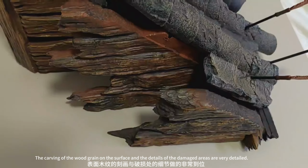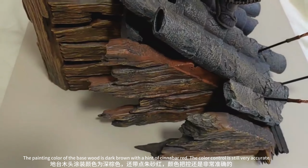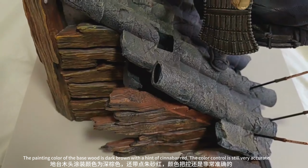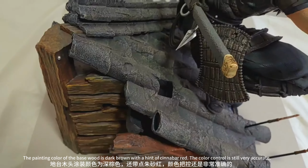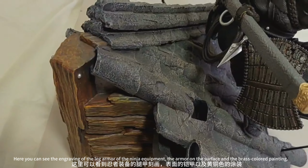The carving of the wood grain on the surface and the details of the damaged areas are very detailed. The painting color of the base wood is dark brown with a hint of cinnabar red. The color control is still very accurate. Here you can see the engraving of the leg armor of the ninja equipment, the armor on the surface, and